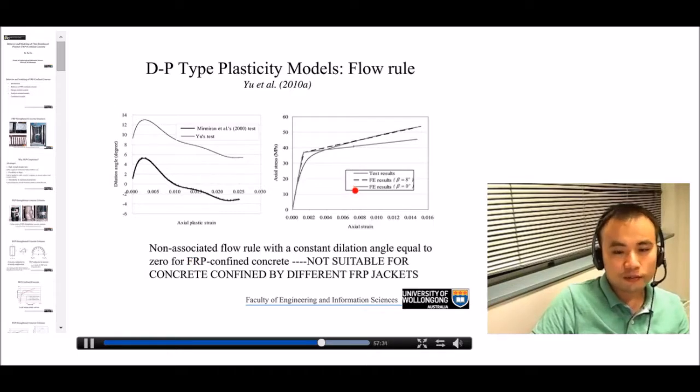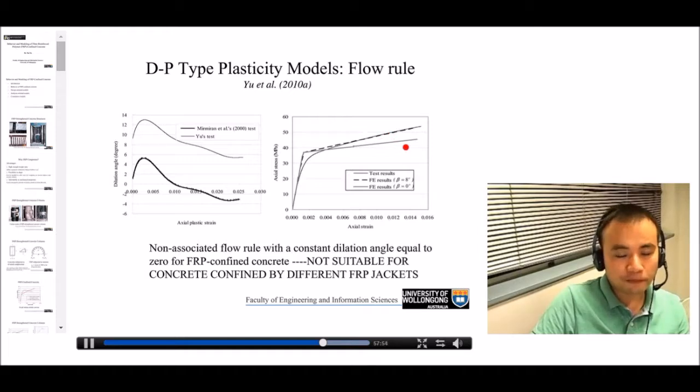Let's see whether this makes sense or not. First, let's have a look at the actual stressing curve it predicts for two different types of FRP-confined concrete. One type is for weakly confined concrete. One is for